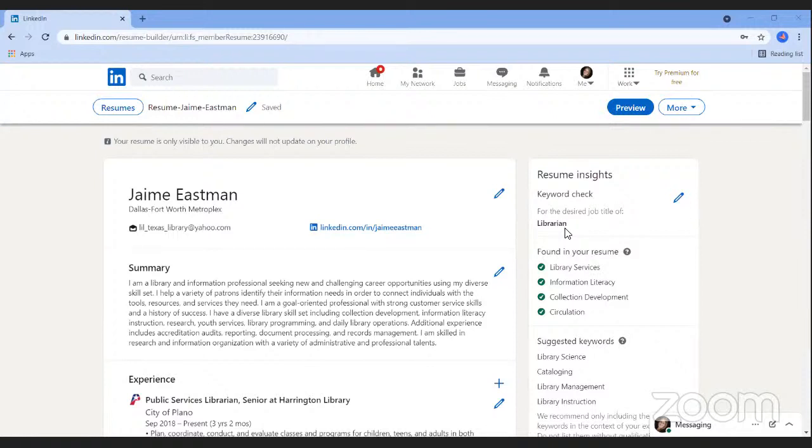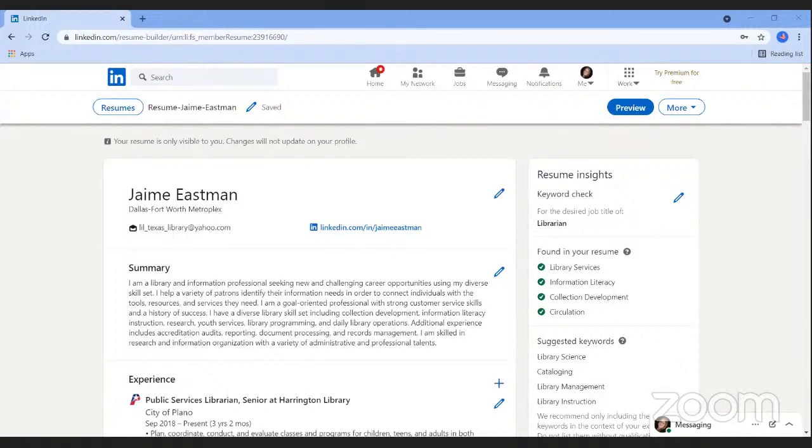The Resume Insights can help us by checking our resume for the keywords. Based on the job title that you've selected, LinkedIn will scan your resume for common keywords, and you'll see those that are found in your resume, which means these are words that are already in your document. You'll likely want to keep those in while you're continuing to edit.